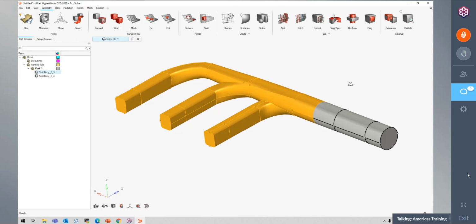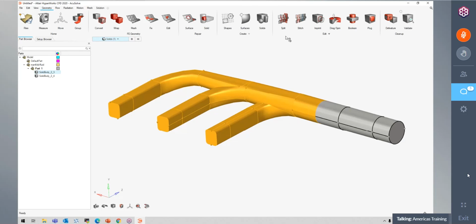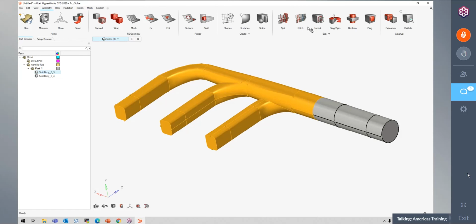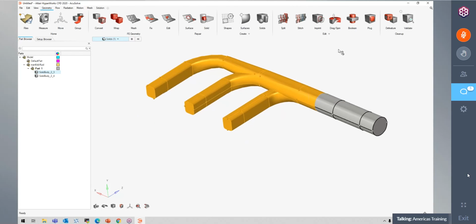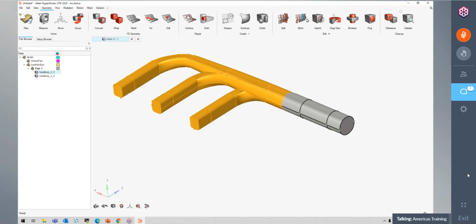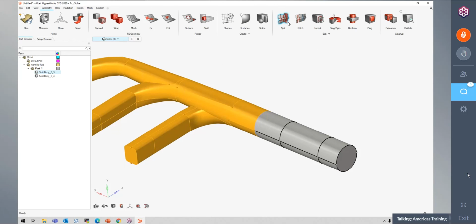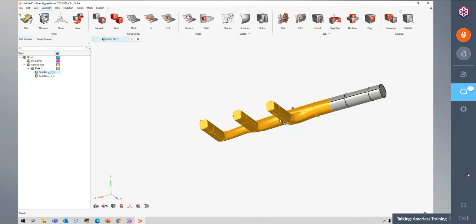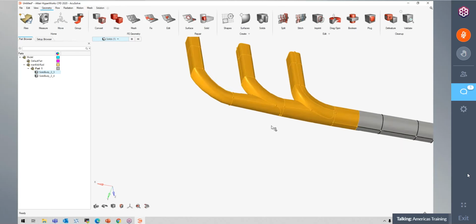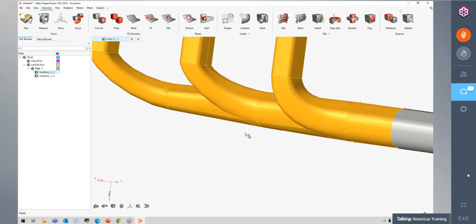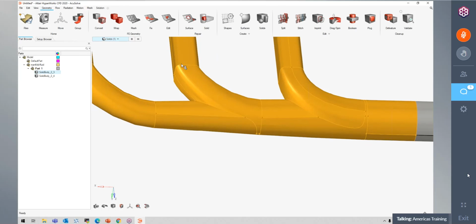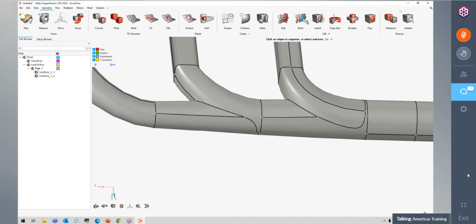Another thing, and I'll explain some of the good uses of splitting something like this. Another thing that I want to talk about is this stitch tool. This stitch tool lets you stitch surfaces together, but the one right next to that is this suppress edges tool. So what that suppress edges tool will do is, if we go into our model here, I'll press escape just to clear my selection. But if I click the suppress tool on the left here,